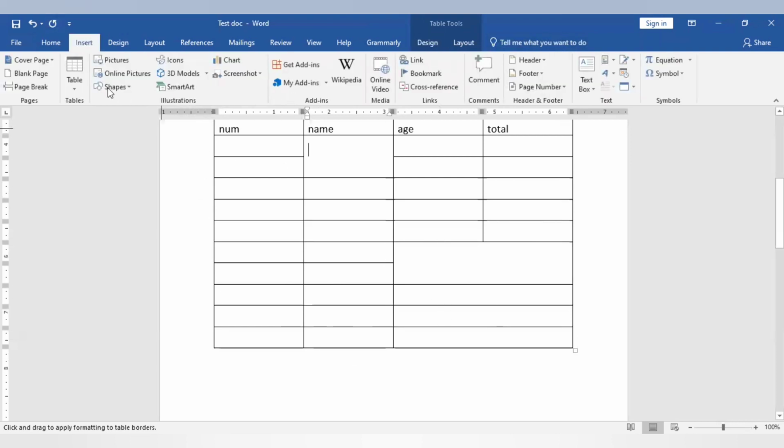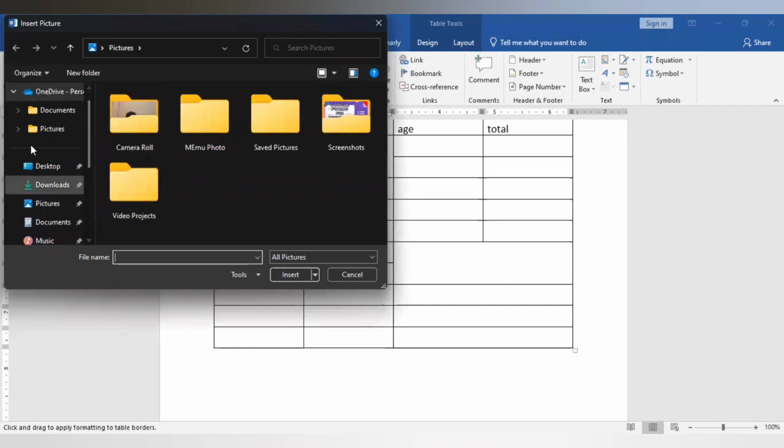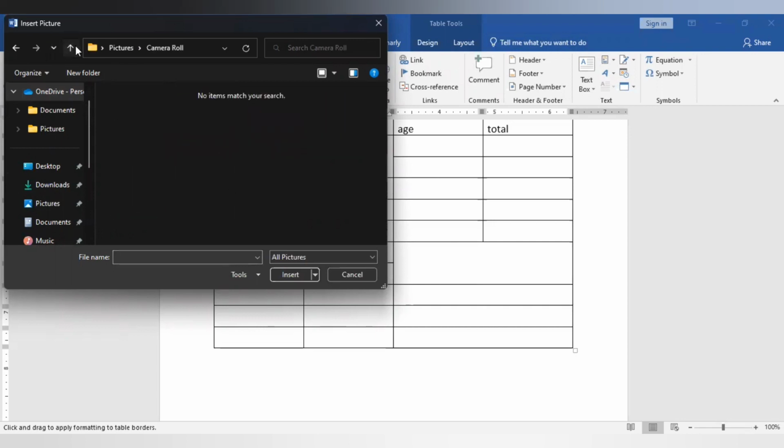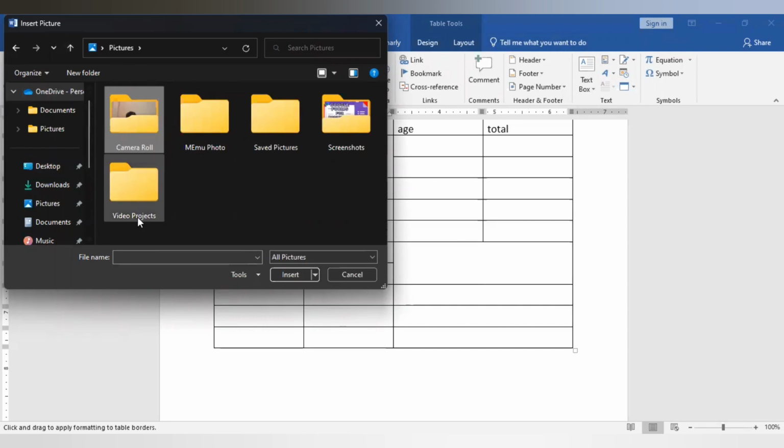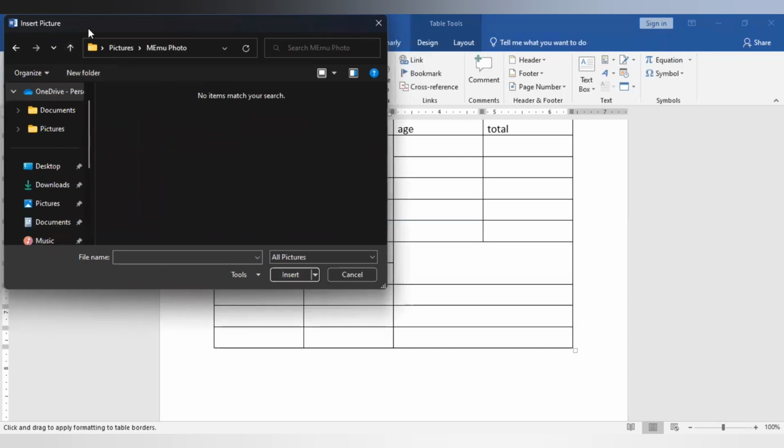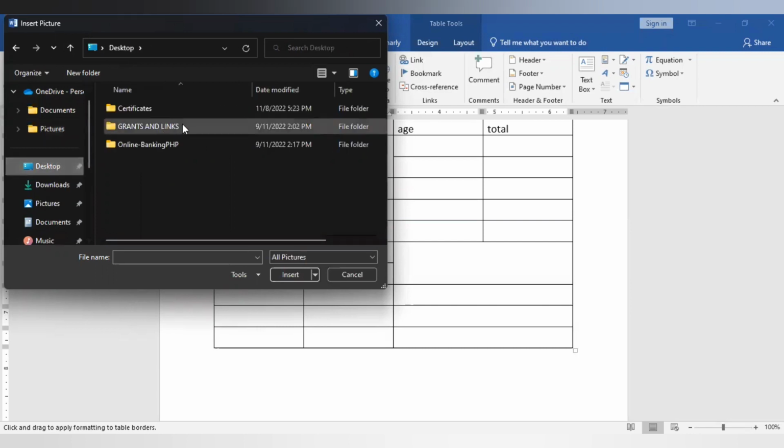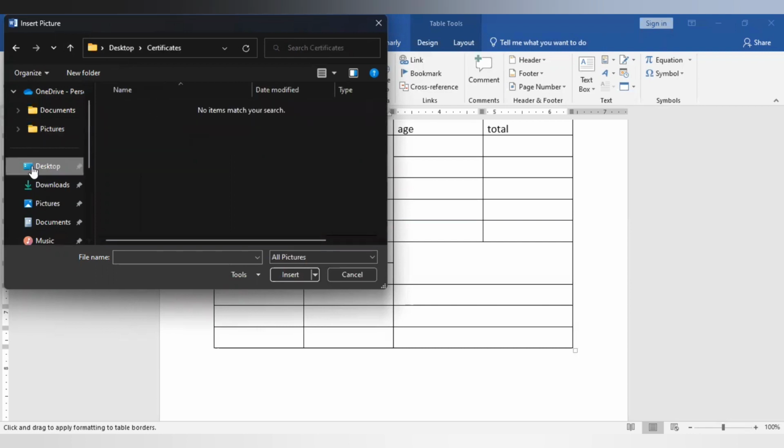Let's go back to insert. You can insert a picture. Maybe a ready picture that is already saved on your computer. You just click here, then you browse. Let's say I want to insert a picture that is ready. At the moment I don't have any ready picture in my documents. Let's try to see if I can find one. I don't have one here, but